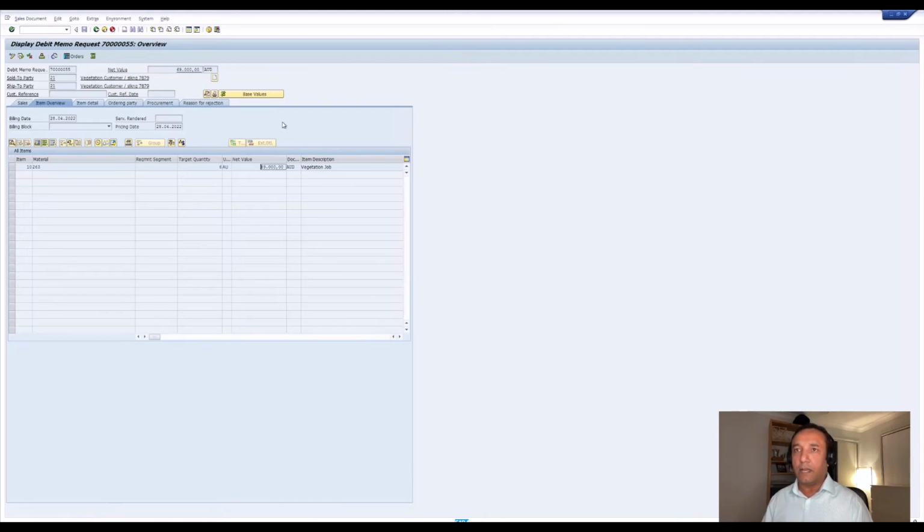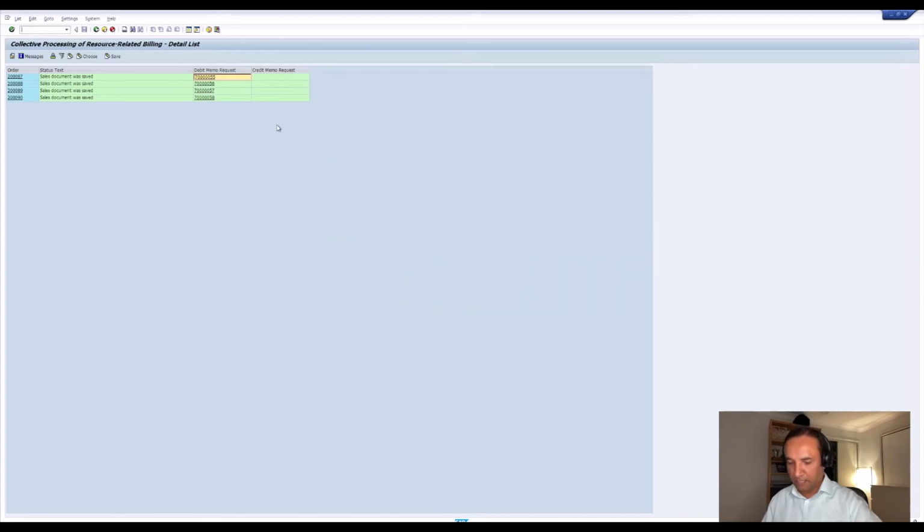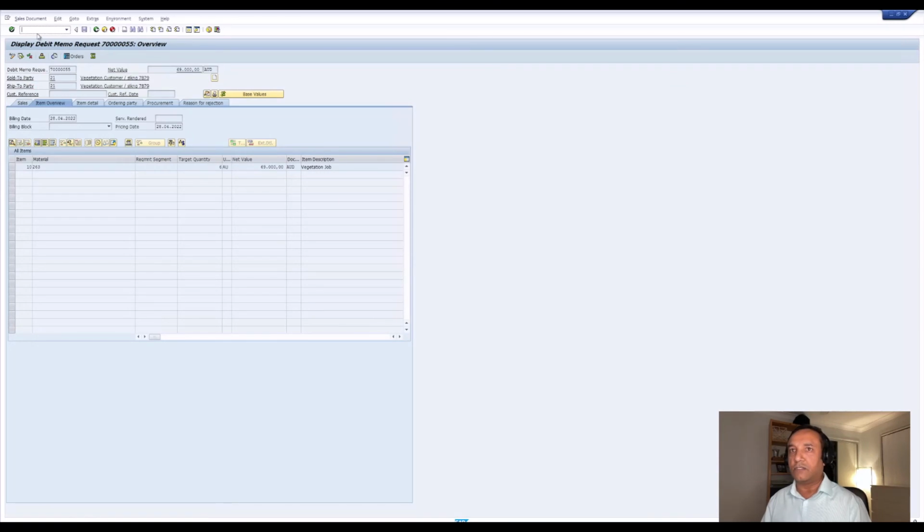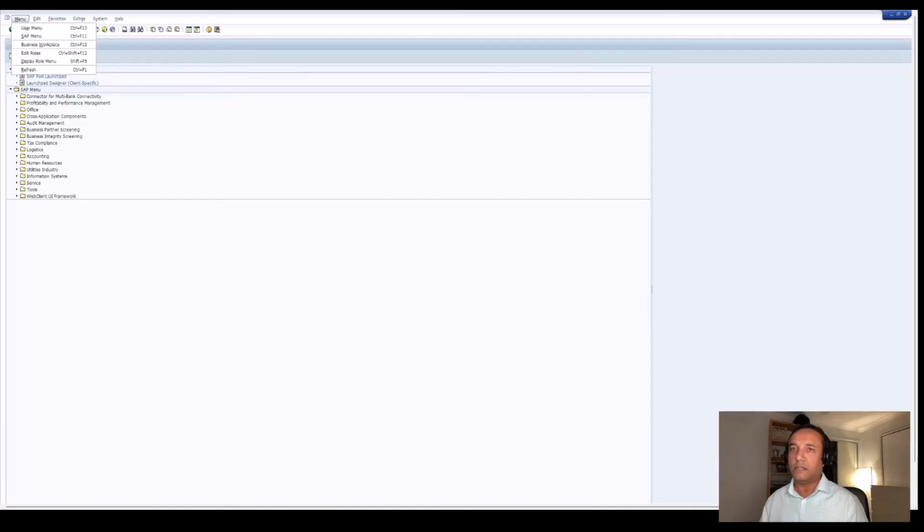So now all that's required to be done is just converting these sales documents into a proper invoice that goes out to the utilities distribution company from the vendor. I'll go back here and copy them. This is not a significant part of the resource related billing. It's part of a standard billing process. We just run the VF01 transaction, or we run the VF04 billing due list transaction. Okay, so we now run the VF04 transaction,